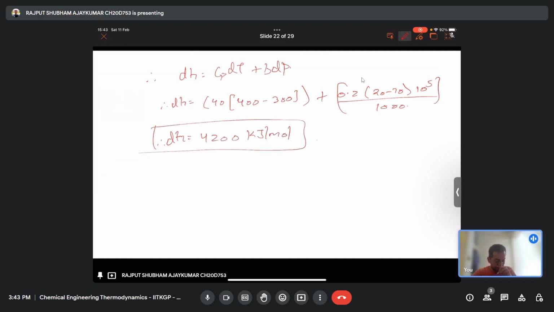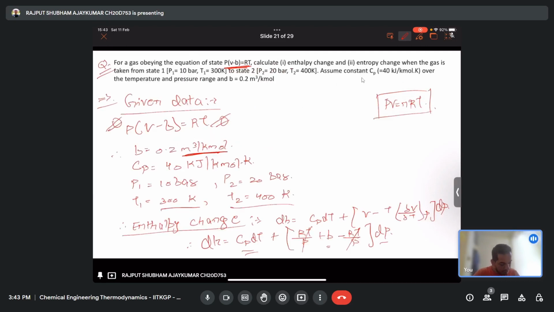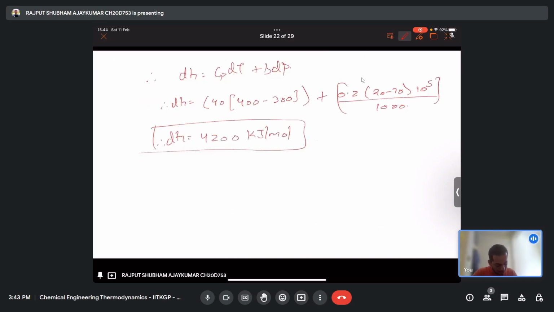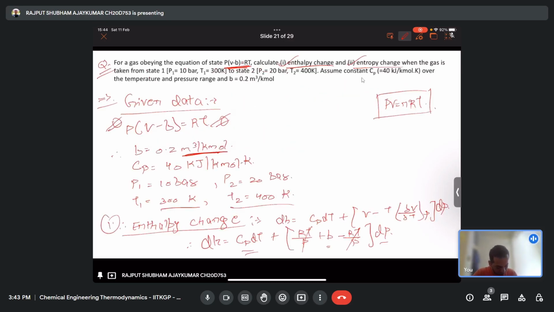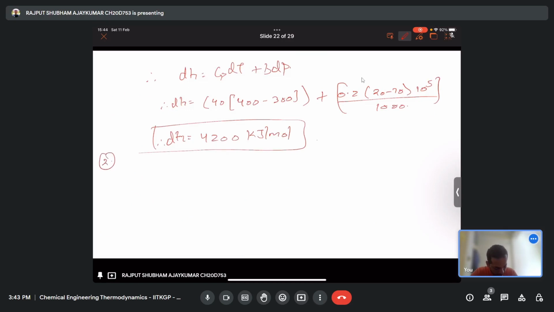Okay. Now the second thing they have asked is the change in entropy of the gas taken from the state. So we calculated this first one, and we'll go to the second one. Then the change in entropy is given by the equation Cp by T dT minus